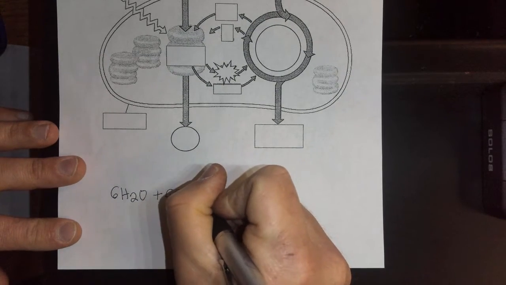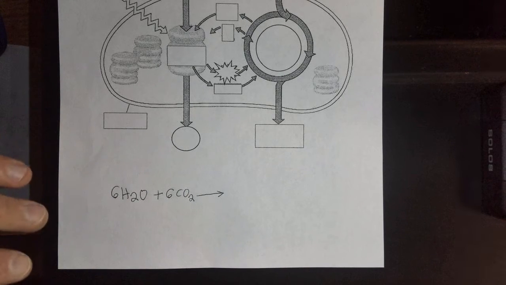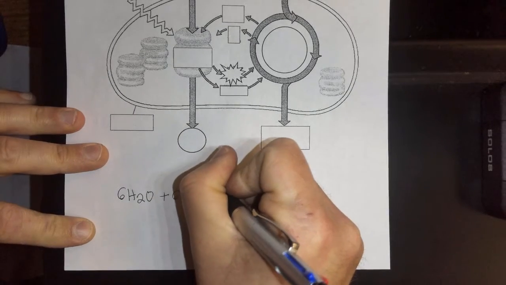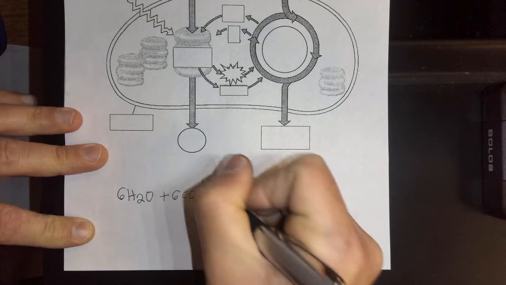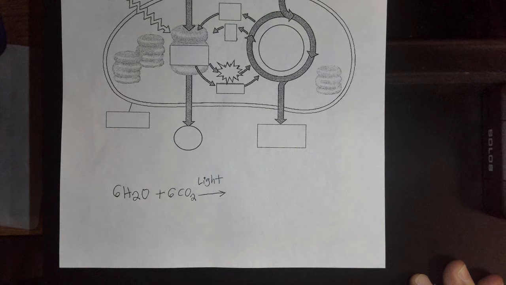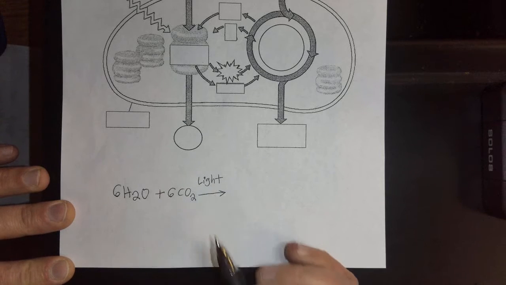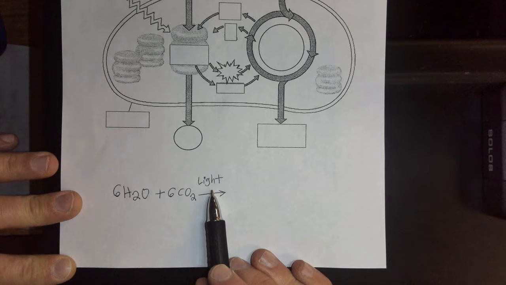Okay, and then in order to kickstart, to initiate this reaction, there needs to be an input of light. So for some types of chemical reactions, there needs to be this input of energy. Sometimes they're not spontaneous. There needs to be some sort of input of energy to get it started. And in this case, it's going to be light energy. Okay? So when the plant cell absorbs light energy,